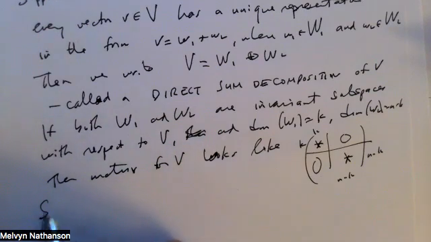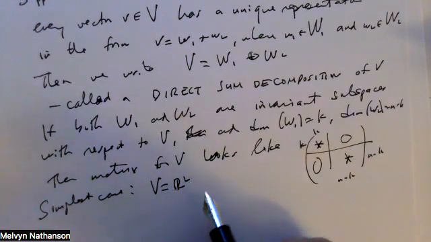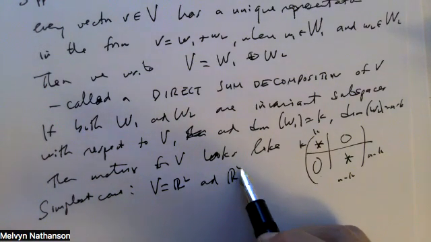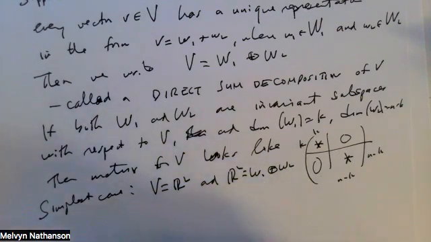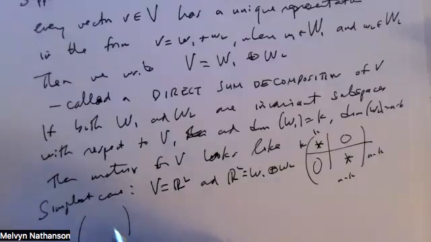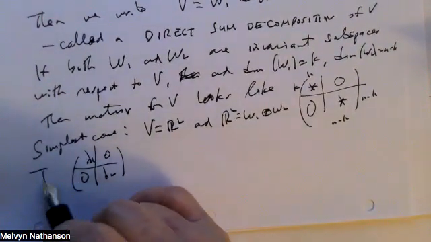In the simplest case, suppose our vector space is R2, and R2 is this W1 direct sum W2, where these are invariant subspaces. So they each have dimension 1. So then the matrix will look like lambda 1, 0, 0, lambda 2. That's the matrix